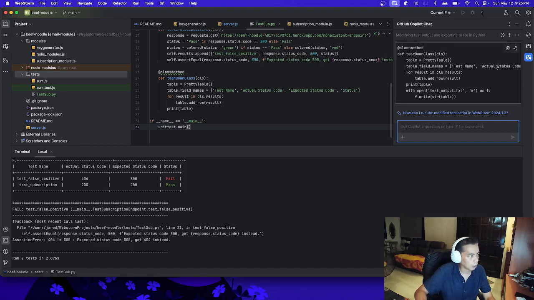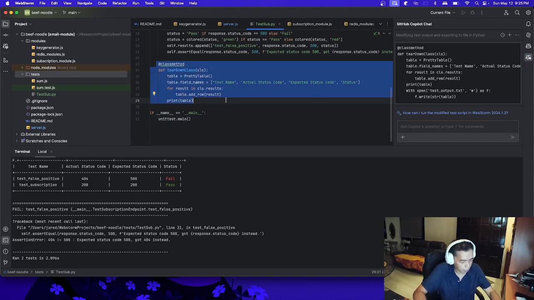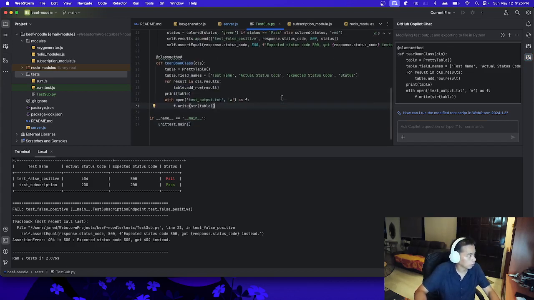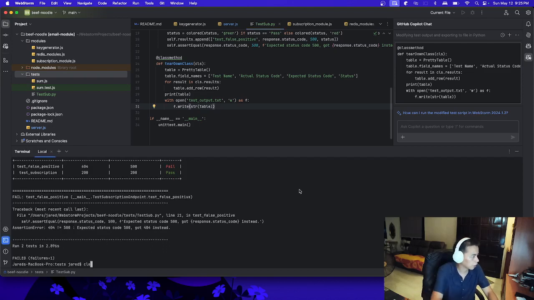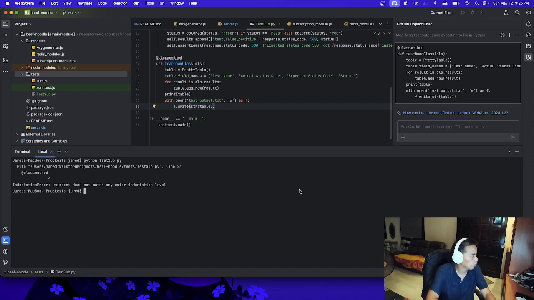All right, so I guess we have something here. But we don't need to replace the entire code, just this particular class method, tearDown, and then we can save, and then we can try to run again. Let's clear this terminal. Okay, so we have an indentation violation.